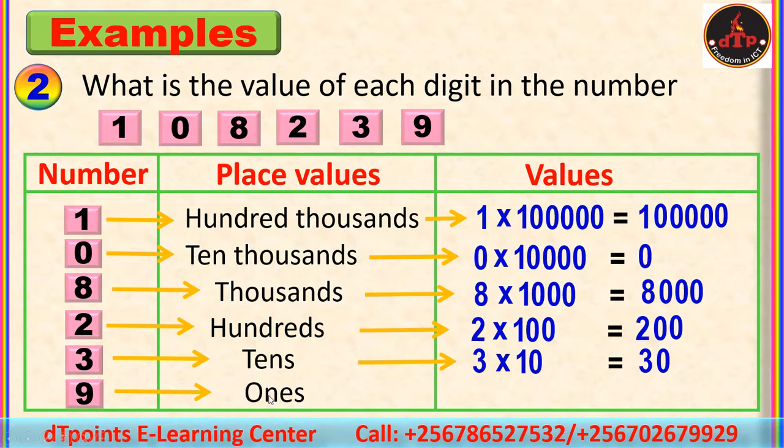The last place value is ones. And then we shall say 9 times 1, it gives us 9. That's the value of the digit 9. So these are the values of those